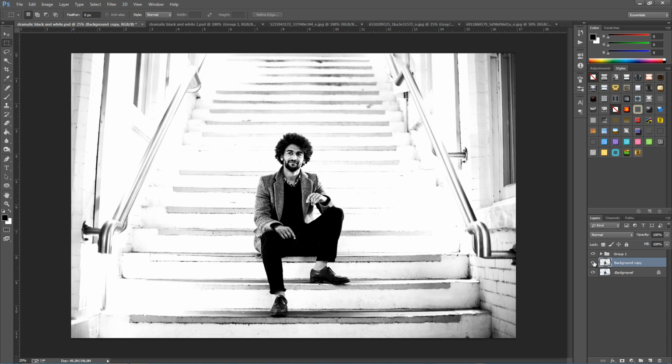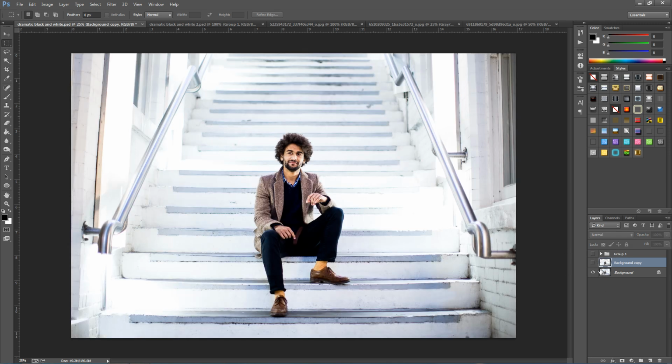So I'm going to go to our original image, this one right here, which is a high definition image. It doesn't matter if you don't have a high definition image, it should work just as well. So first things first, we're going to play around with the adjustment layers. Now I'm going to play around with these layers because we don't want to do anything to the original image. So anything we do, we can go back and change again.